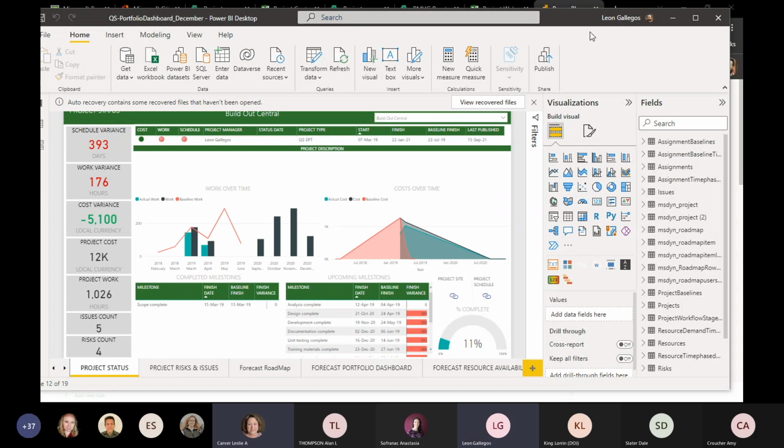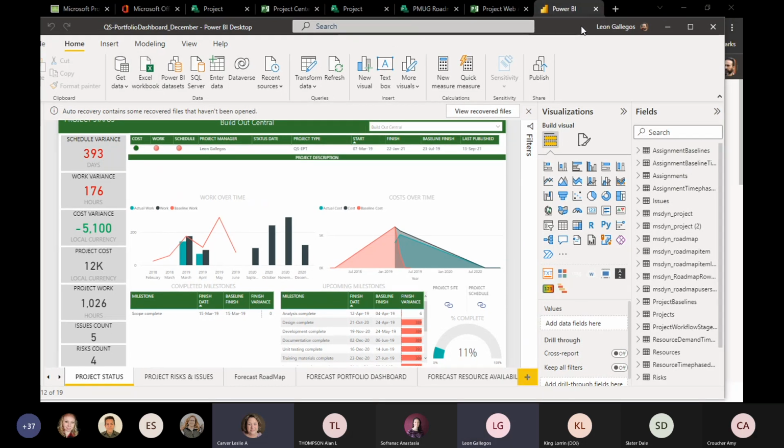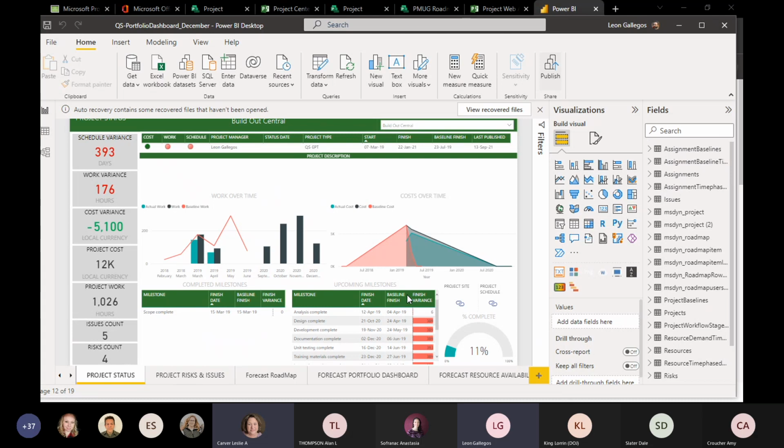So Power BI on the desktop is free. Anybody can download it and can start building these reports. But how do I share them? How do I expose this data to somebody that's out in 365? Of course, I can just send these to PDF and I'm done, or there's even a PowerPoint component where I can just drop this in there, and that works wonderfully. But if I want to leverage the service, I have to pay for that service.